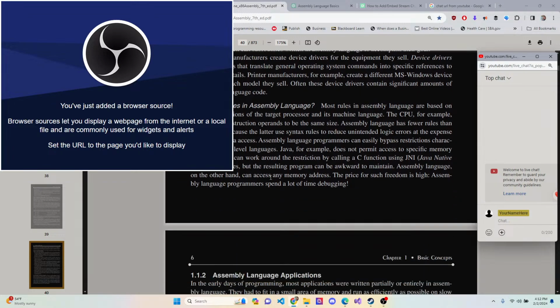Are there rules in assembly language? Most rules in assembly language are based on physical limitations of the target processor and its machine language. The CPU, for example, requires two instruction operands to be the same size. Assembly language has fewer rules than C++ or Java because the latter use syntax rules to reduce unintended logic errors at the expense